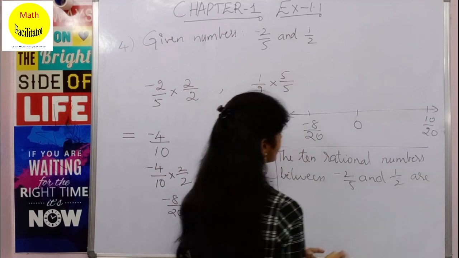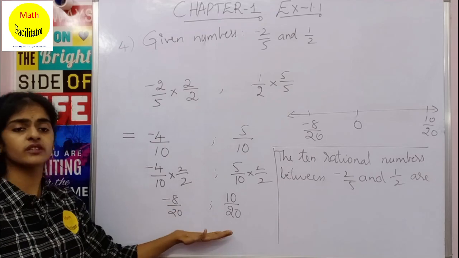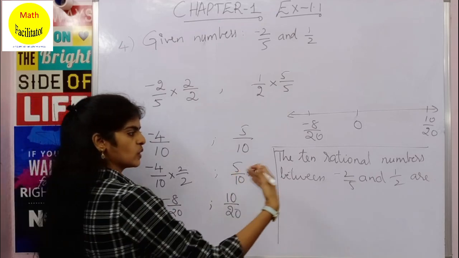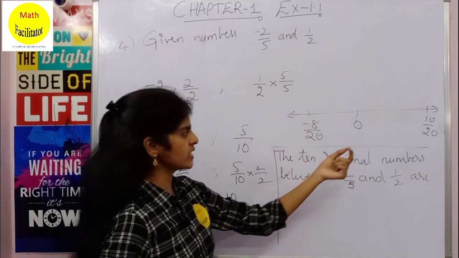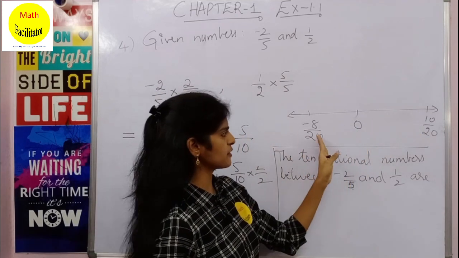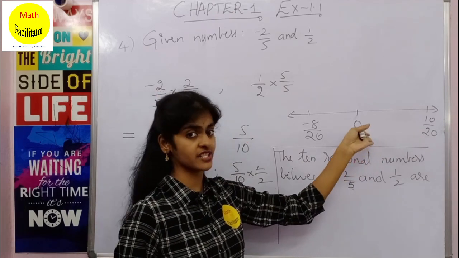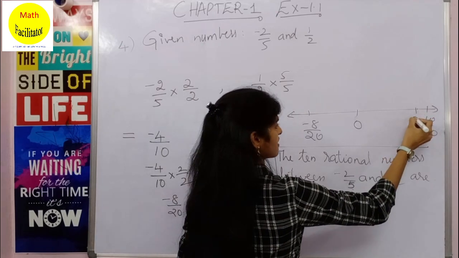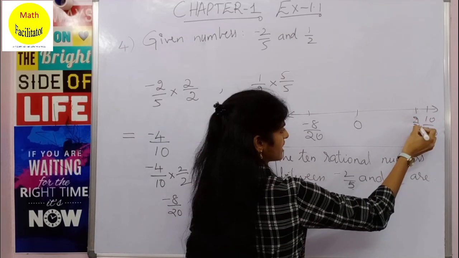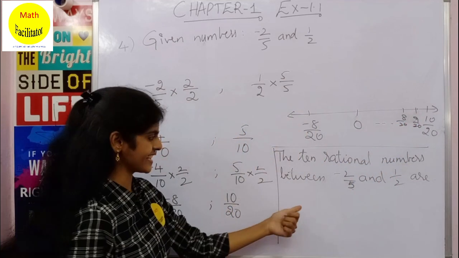Now why am I taking these two numbers? Because these two numbers itself we have converted into these fractions, right? So let us write the numbers. I am not taking the negative numbers to avoid some confusion. Let us take the positive side because you have plenty of positive numbers here. So before 10 you will have 9. So 9 upon 20 you will have, then you will have 8 upon 20 and so on, right? So let us write it here.